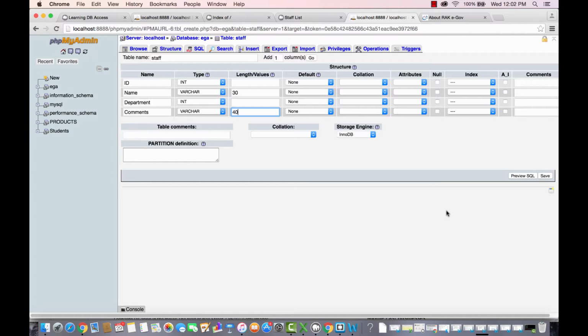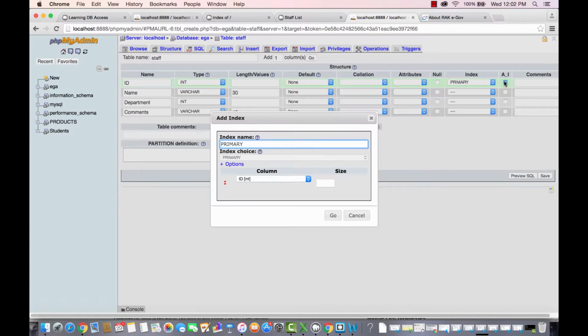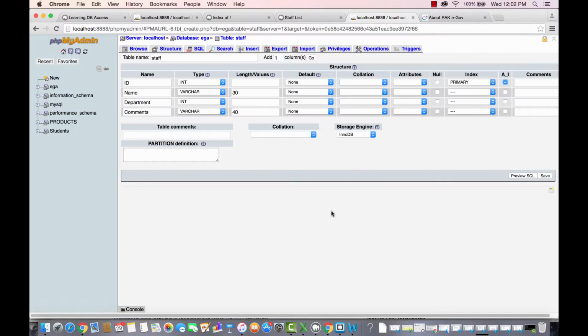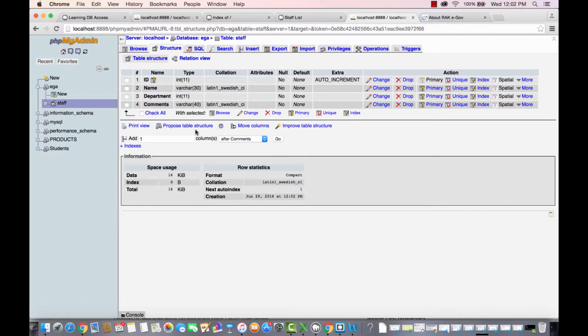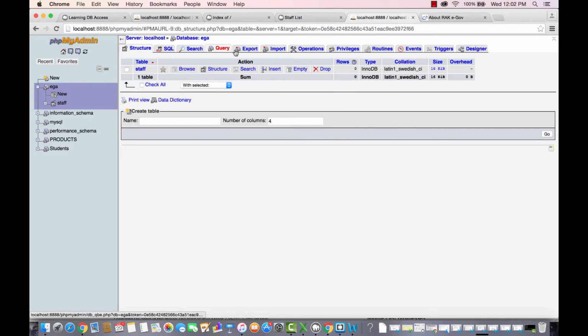This ID I will set to auto increment, and save. Okay, so I have a staff table now in which all the staff's IDs and names will go. ID will auto increment, and then I need another table for